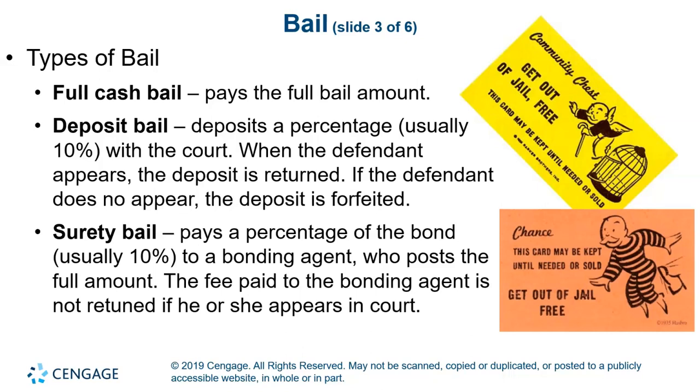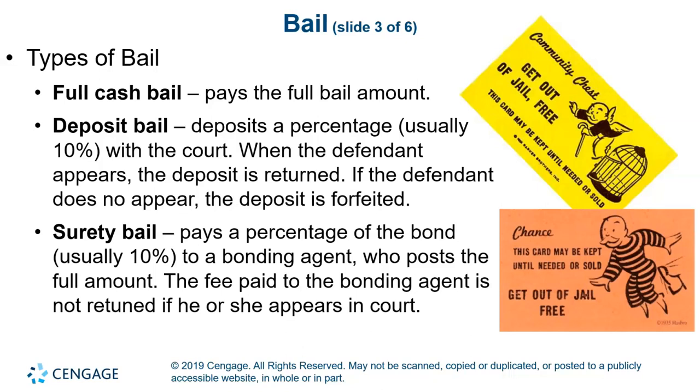This is you pay the full amount of the bail, okay, kind of out of pocket. And in some jurisdictions, property can be pledged instead of cash. There's what they call deposit bail, and this is typically the one that we see. Where I remember I talked about the 10%, or 10% with a bail bondsman. Actually, that might be a little bit later, but this is deposit bail. The defendant basically deposits a percentage of the bail amount, typically 10%, with the court. And when the defendant appears in court, the deposit is returned.